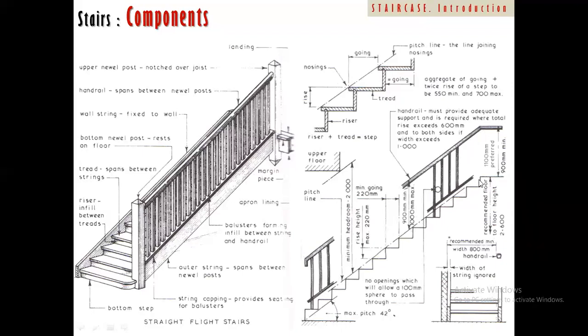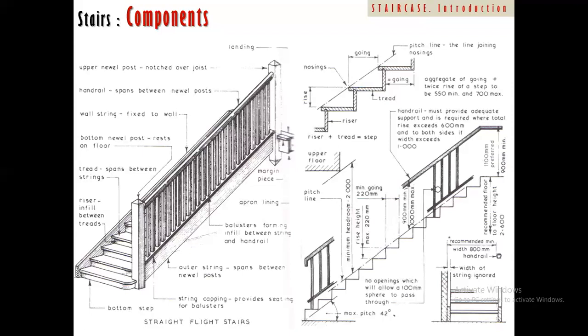Now, parallel to this nosing line there is a handrail line. Generally handrail is made of wood or maybe steel, and generally it is of a little rounded shape so that your hand can easily grip it. So this handrail we generally provide parallel to the nosing line, and mostly it is 900 mm according to anthropometric comfort.